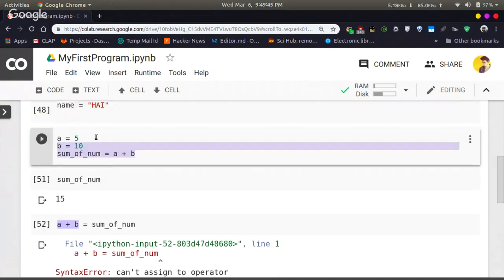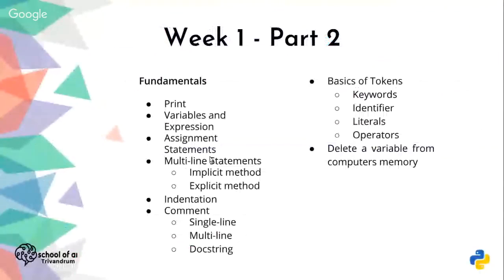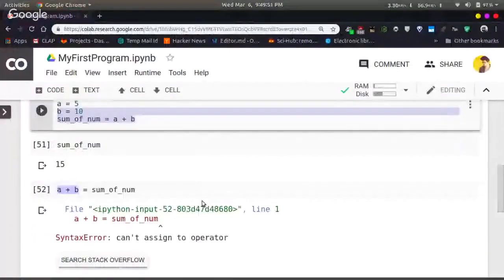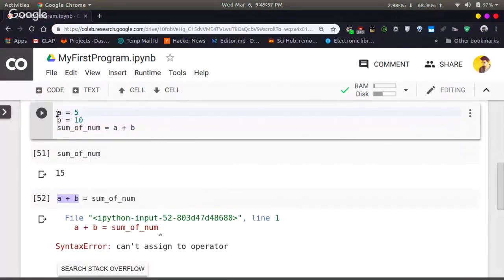This is how you assign a thing. Multi-line statements that he has explained. Indentation. You will see more about indentation in the coming sessions. Just making sure that here what you are seeing is everything is in a straight line. That is because indentation must be maintained. Unlike C, there is nothing called braces.